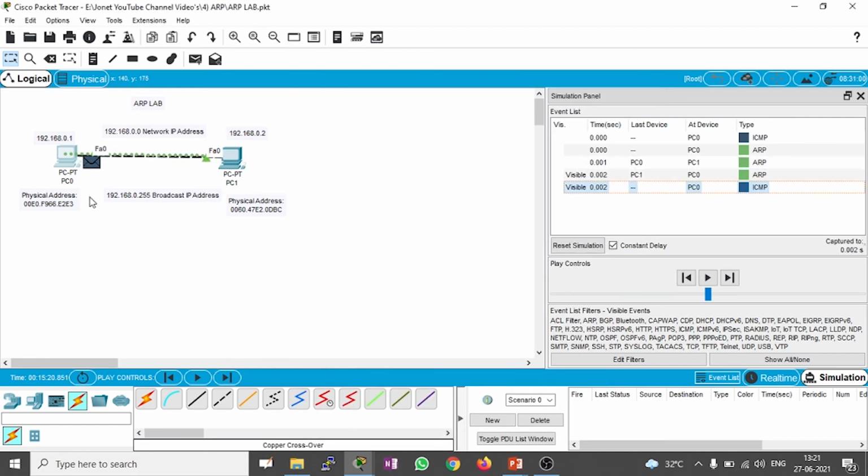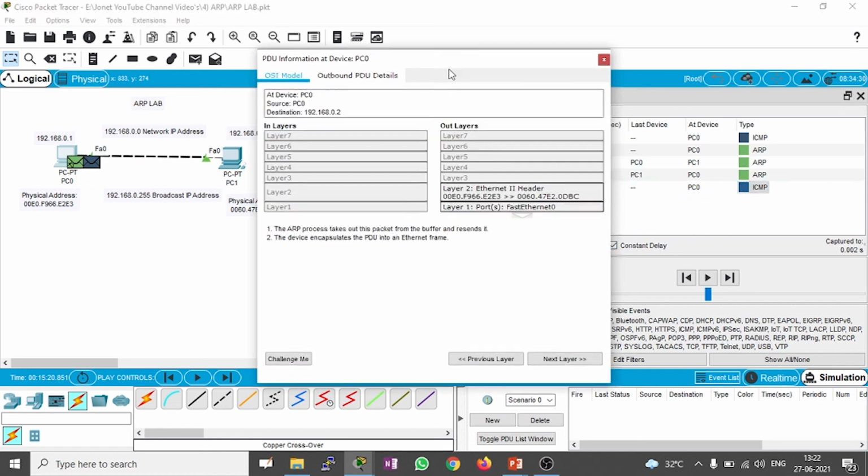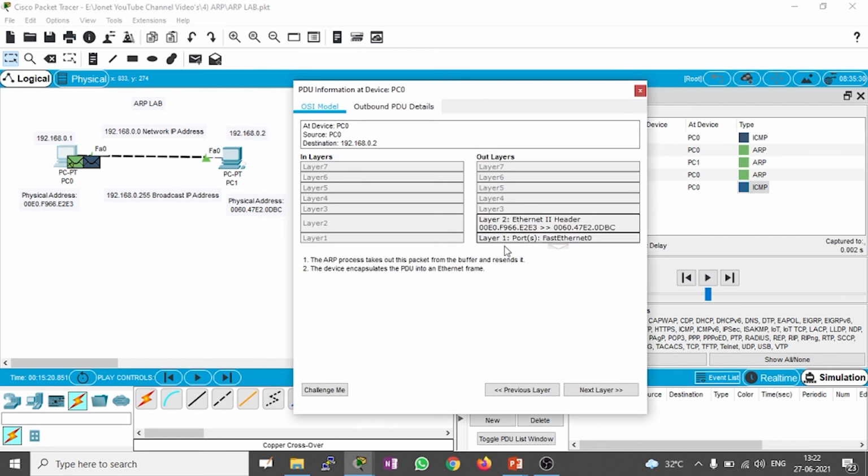Now again PC1 replied to PC0. Now open it at PC0. Now PC0 has learned the PC1 MAC address. That is, PC0's MAC address is E2E3 and PC1's MAC address is 0DBC.